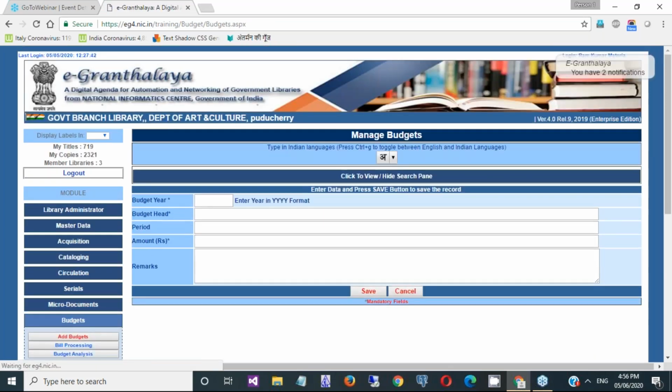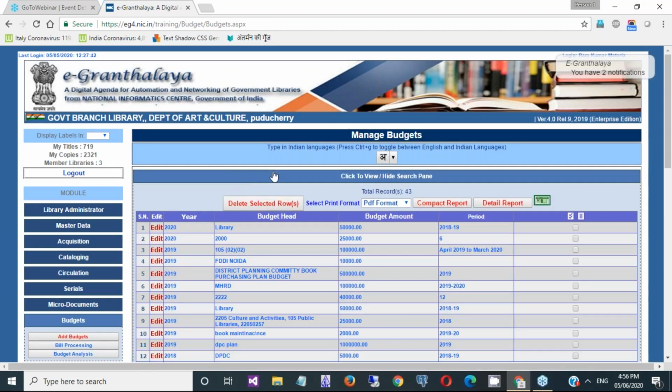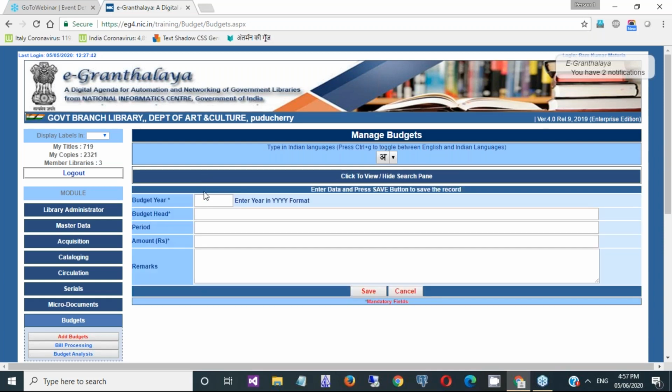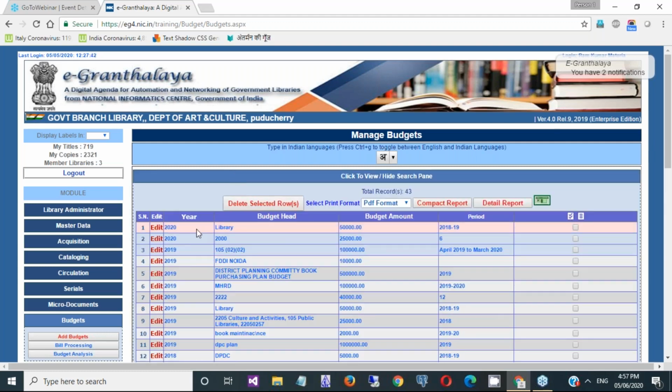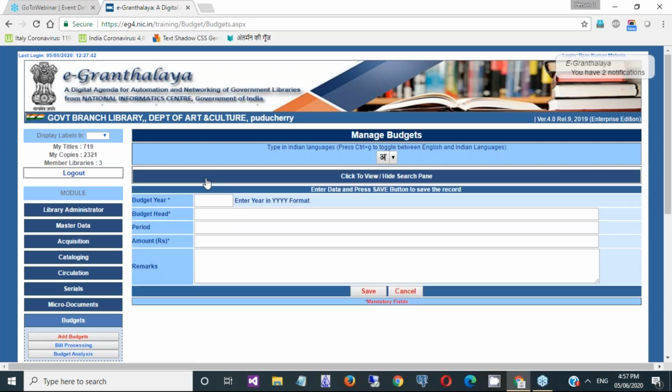So add budgets. If you have not added the budget, you need to add the budget every year basically, and you may even have more than one head of library budget every year. Somebody has already added the budget for 2020, so I will not add it here.